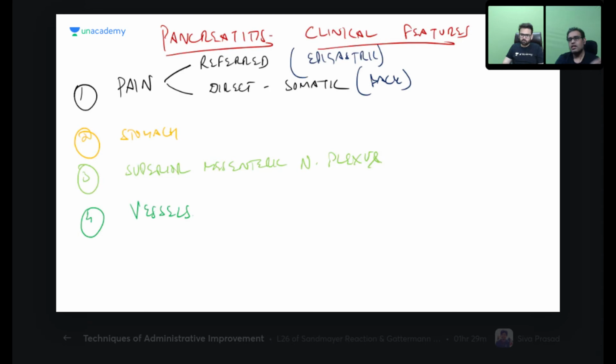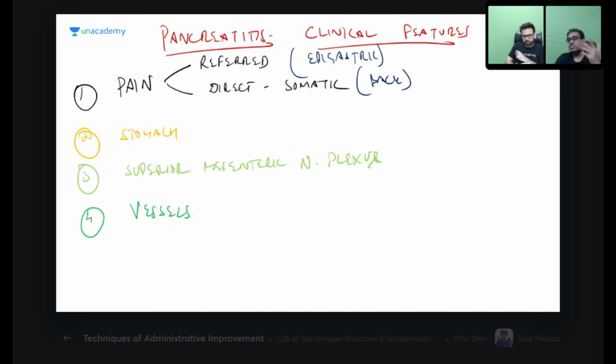Now, suppose that the etiology is fine. Pancreatitis. Now, understanding the anatomy and the relations of the organ, what can we figure out of it? First point, I have written the pain. So the pancreas is mainly an organ of the foregut. So referred pain in the foregut goes to the epigastric region. Be it stomach pain, epigastric. Gallbladder stone, referred pain, epigastric. Liver pain, referred pain, epigastric. So pancreas pain also mainly goes to the epigastric region. So that is a referred pain.